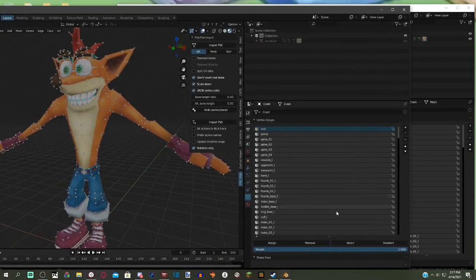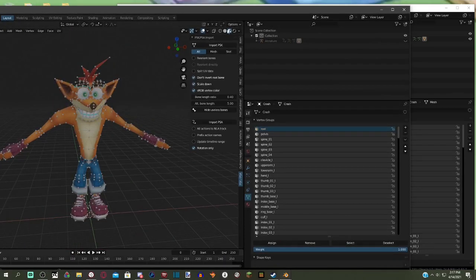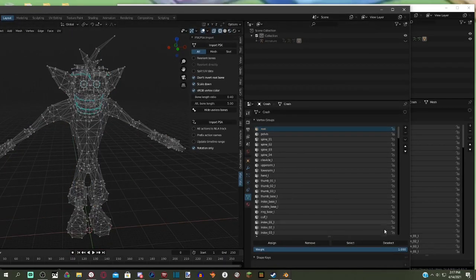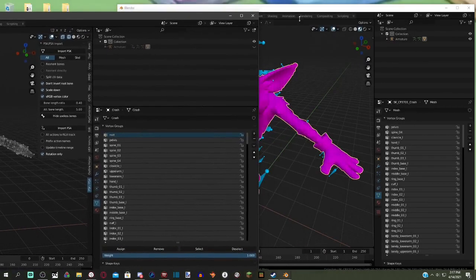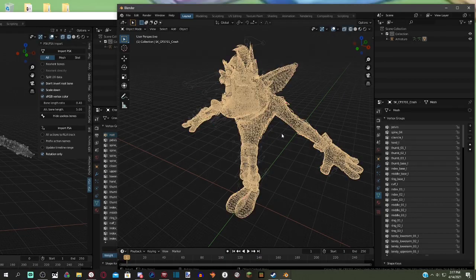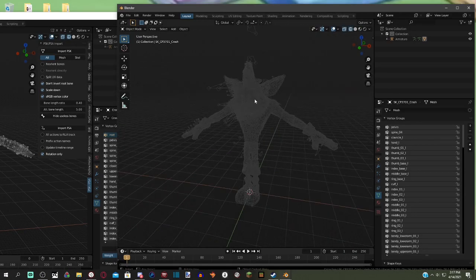So we could just delete this root bone, even though it's selecting nothing. Make sure you go on wireframe mode to make sure it's not selecting anything. So we could just delete it or just leave it there. If you want, you could make sure that while you model Crash 4,